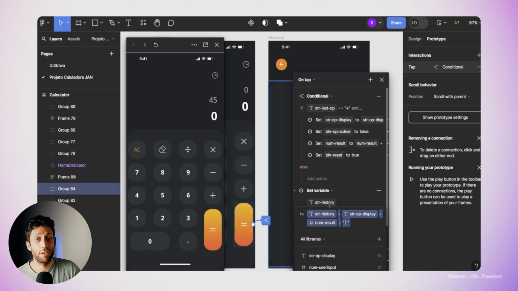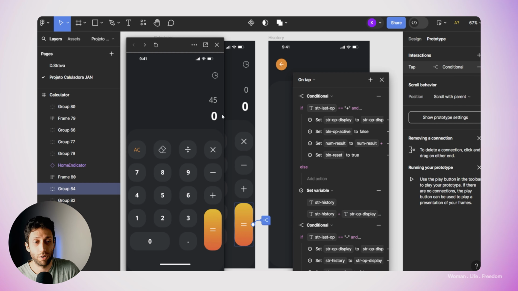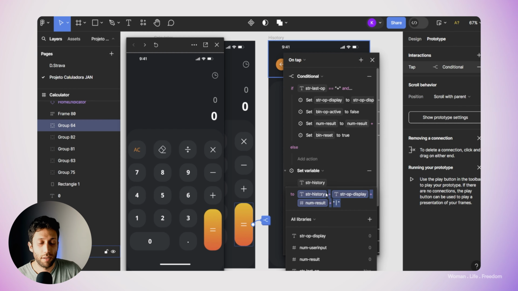Here I'm updating the value of the history variable that we connected to this text field in the history page. So I'm saying let's set the value of the history variable to the variable of history variable plus whatever we see here. So I'm adding the previous step operations and calculation to history again, plus the result of the process. And then I also add one divider, which will help me later on to see the different operations in my